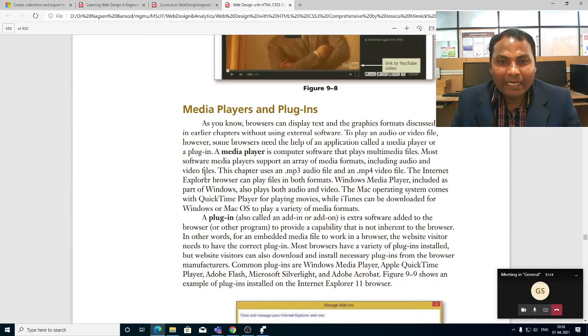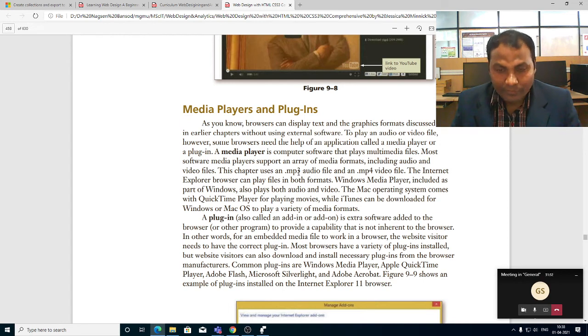Media player and plugin. We have to add the media player and plugin into our website so that the file will play there. Otherwise it will not play. As you know, the browser can display the text and graphics format.